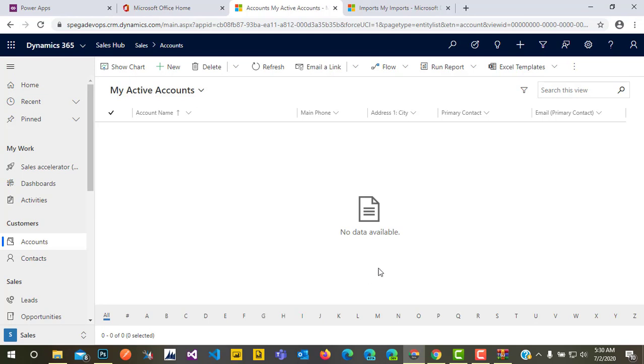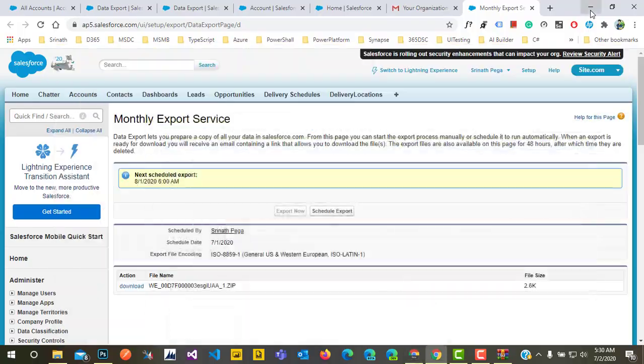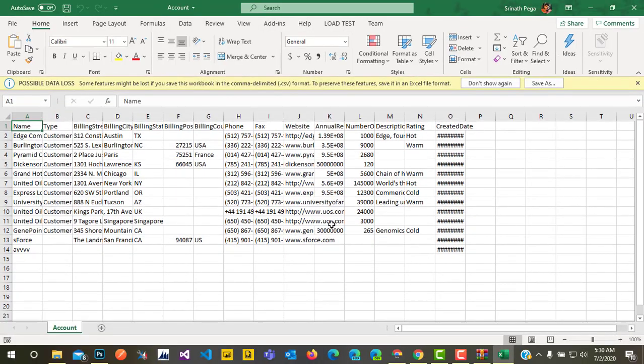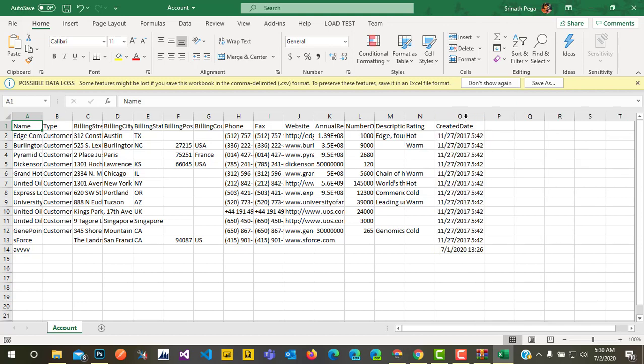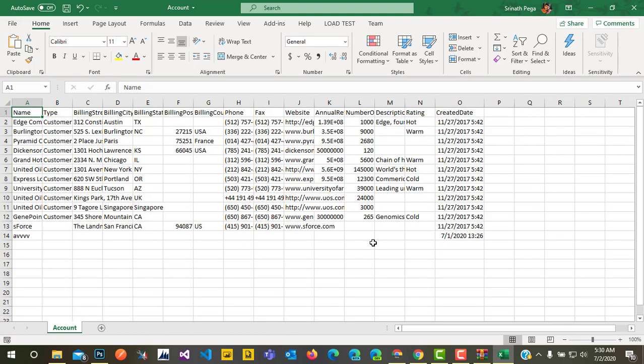I have customized the fields which are available at this moment in my Dynamics 365. But in real time, you have to create whatever fields are in Salesforce in Dynamics, and only then can you get the correct data imported into the target Dynamics 365. So let's import this data into Dynamics 365.